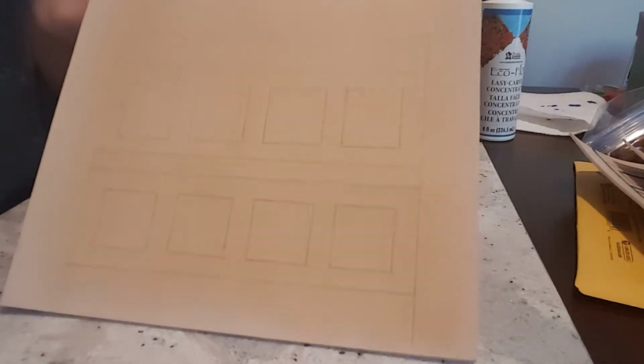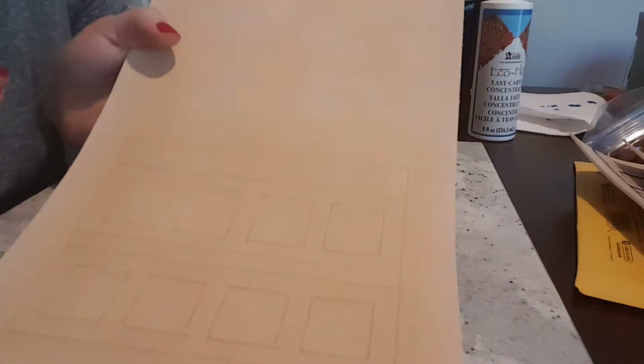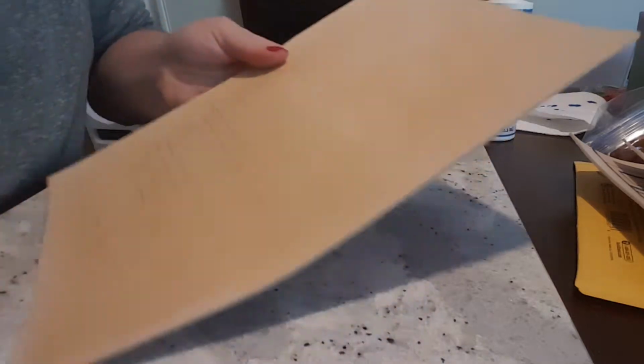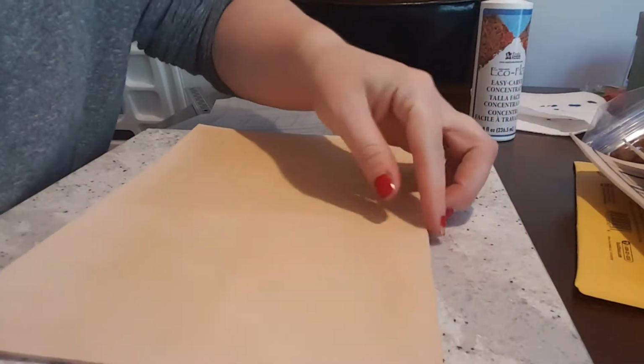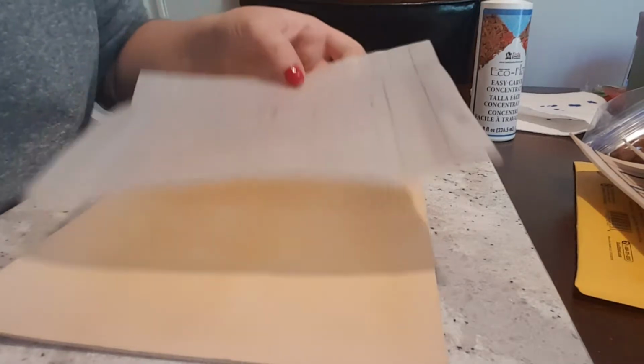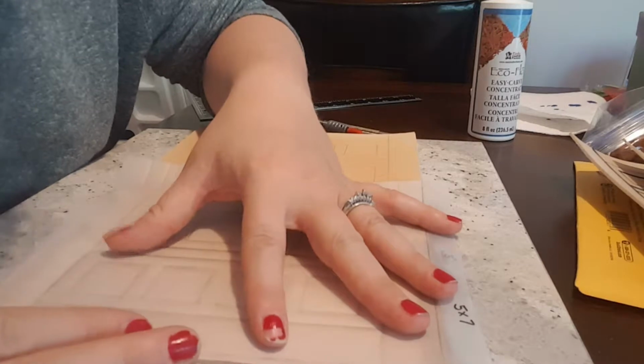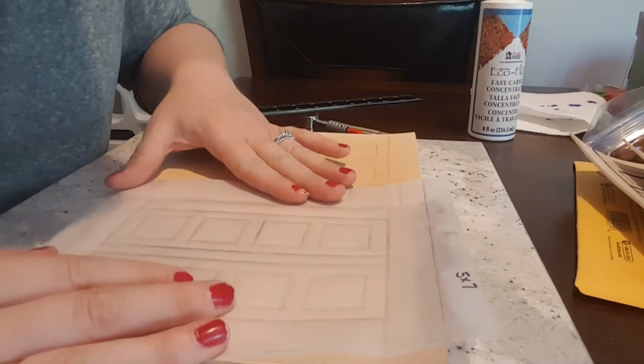Okay, so I have this side all traced out. And I didn't do the binding yet. I always do that last, that way I can make sure that if there's any mistakes or I need to bring one out further than the other, I can do the binding last and make it thicker or thinner as needed. So now I'm going to flip the book, line up my pattern again,